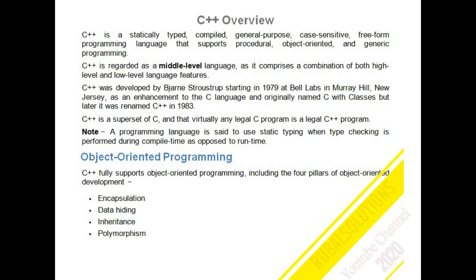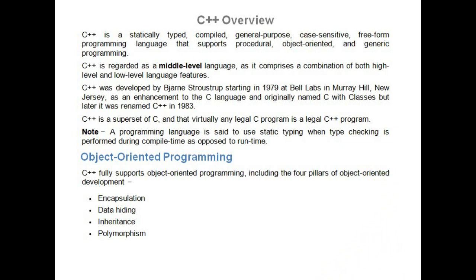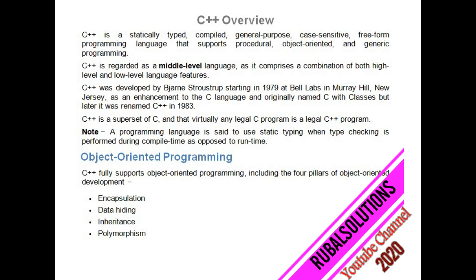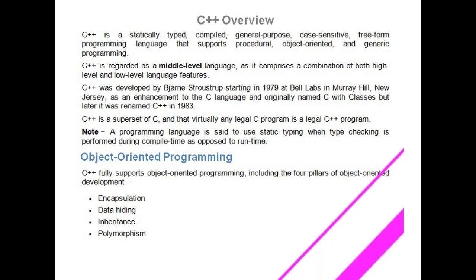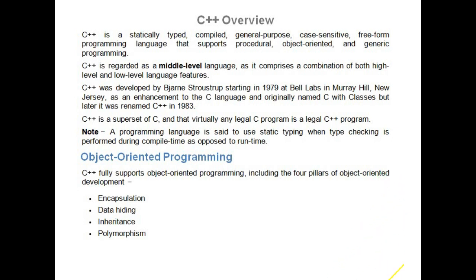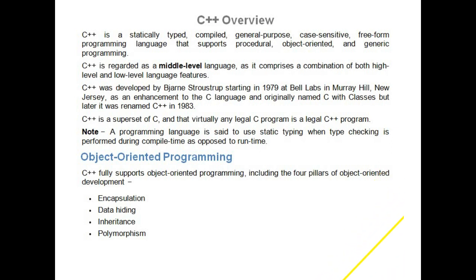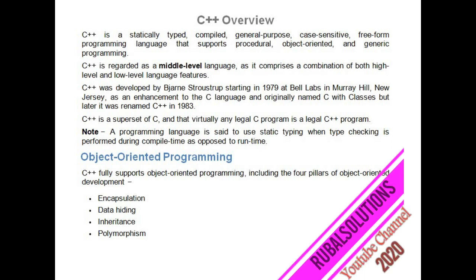C++ is regarded as a middle level language as it comprises a combination of both high level language and low level language. C++ को middle language बोलते हैं क्योंकि ये high level का और low level का combination है. C++ was developed by